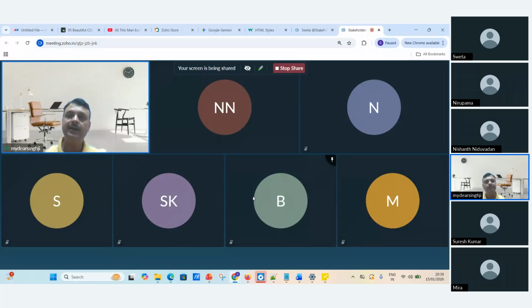And once I got the whole idea about the conflict, I need to facilitate a workshop, a meeting for both the stakeholders, and I need to keep the points of both stakeholders.